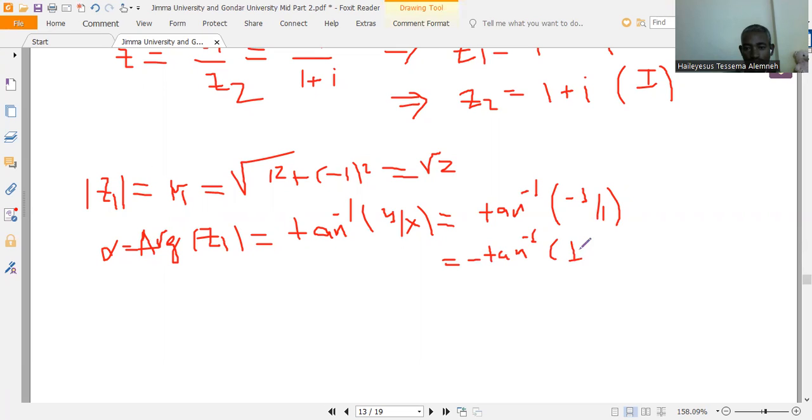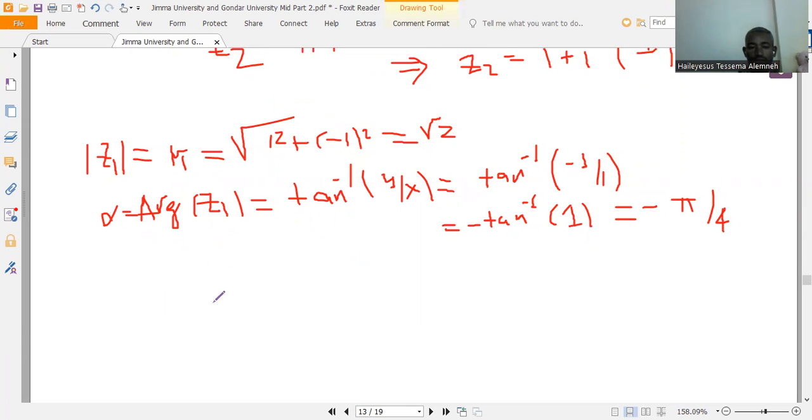Tan inverse of 1 የሚሰጠን pi over 4 ነው። ስለዚህ the argument is minus pi over 4 for z1, and